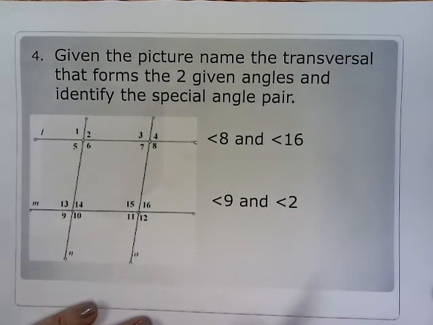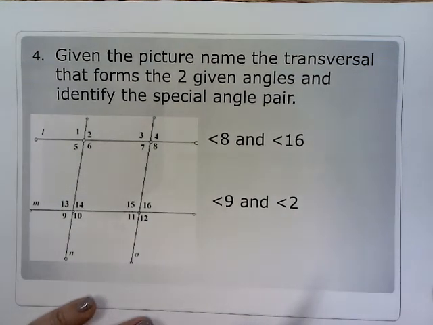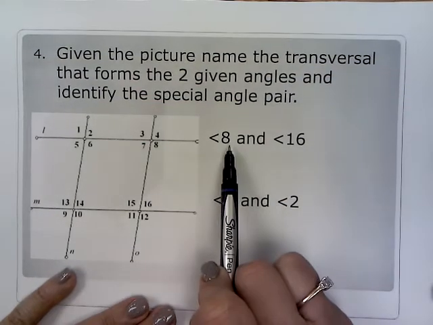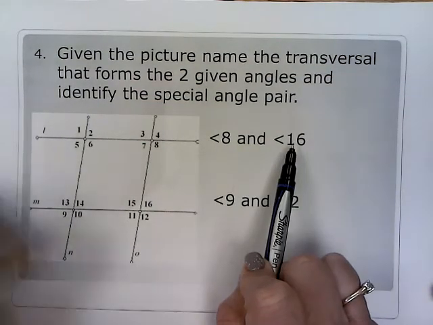All right, it says given the picture, name the transversal that forms the 2 given angles and identify the special angle pair. First of all, the special angle pairs would be the corresponding angles, alternate interior angles, alternate exterior angles, and consecutive interior angles. So when I'm looking at angle 8 and angle 16,